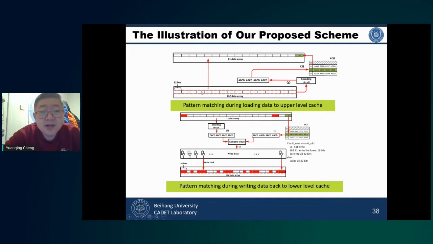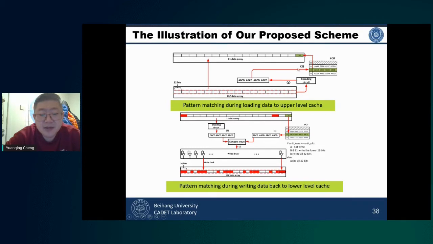This is the working principle of our proposed scheme. First of all, the cache line is read from the lower level cache to the upper level. During this loading procedure, we can encode the data patterns with the cache line and record it into a table called the PCIT table. Then we attach the index of this table with the cache line into the upper level